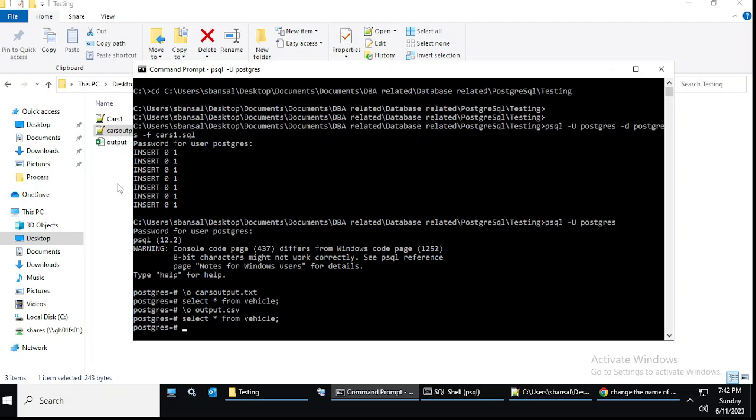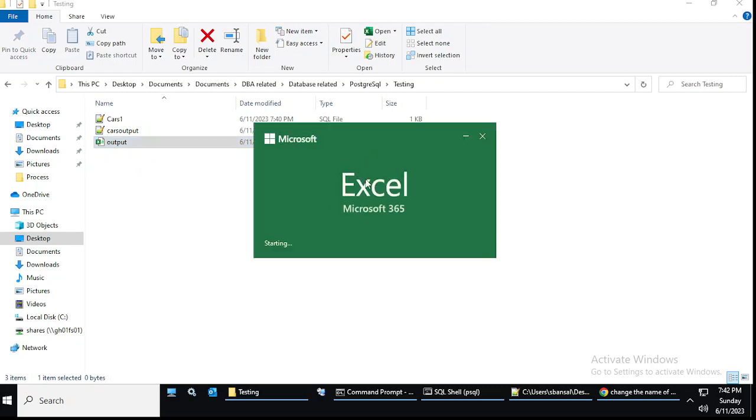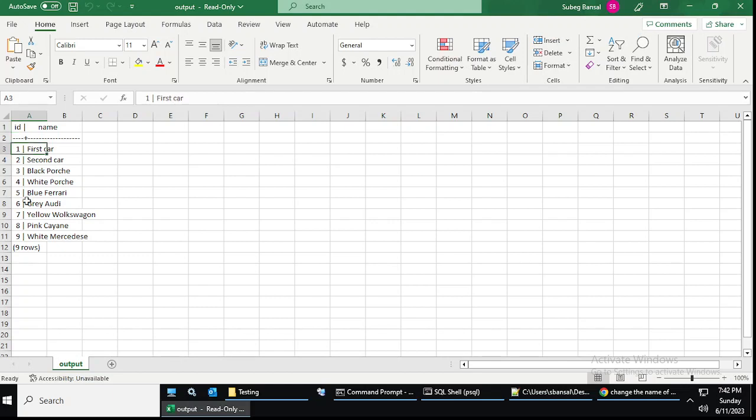Let's see if we have the csv file here. Yes, the csv file is here. Microsoft Excel comma separated. Okay, read only is fine. You see, 9 rows. Okay, so you can use output.sql or any file name you want, and